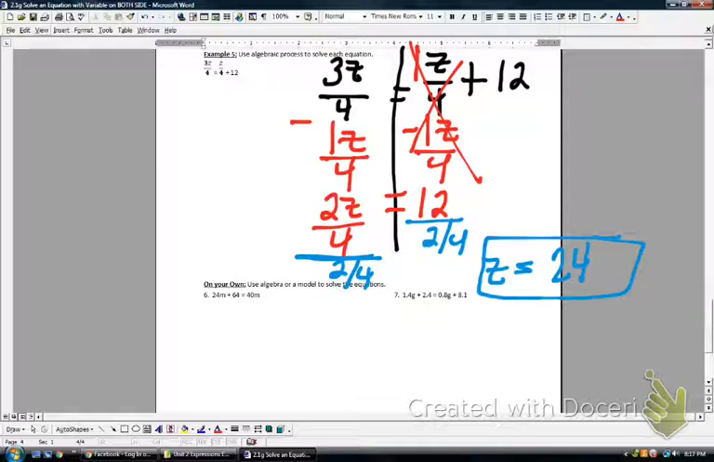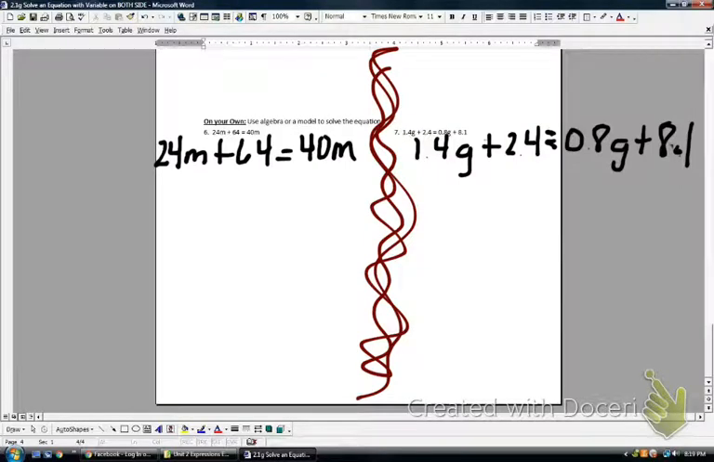At the bottom, you have 2 problems on your own. It says use algebra or a model to solve the equations. Go ahead and pause the video and work through those, and then you can come back and check your answers. Okay, I'm going to work through these. I used a calculator, so you were not able to see me use a calculator, but that's how I did this to make the math a little bit easier. On this one,